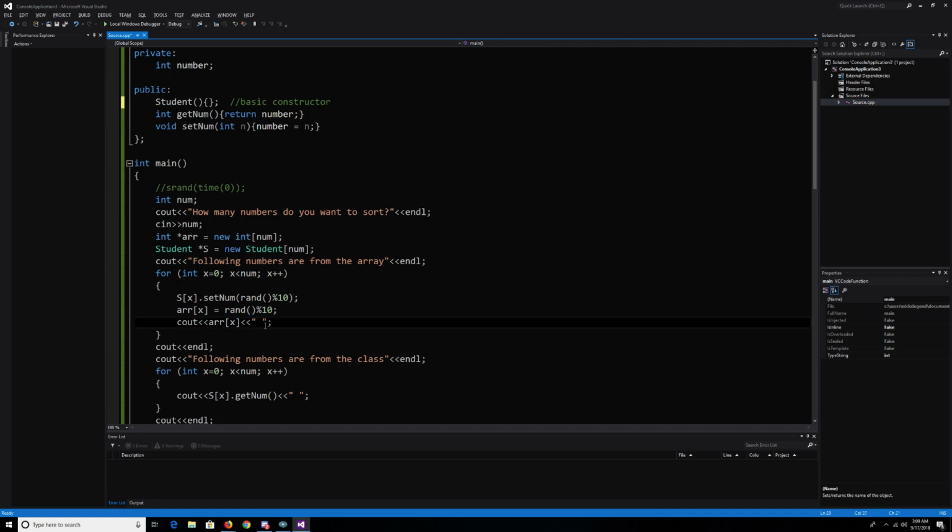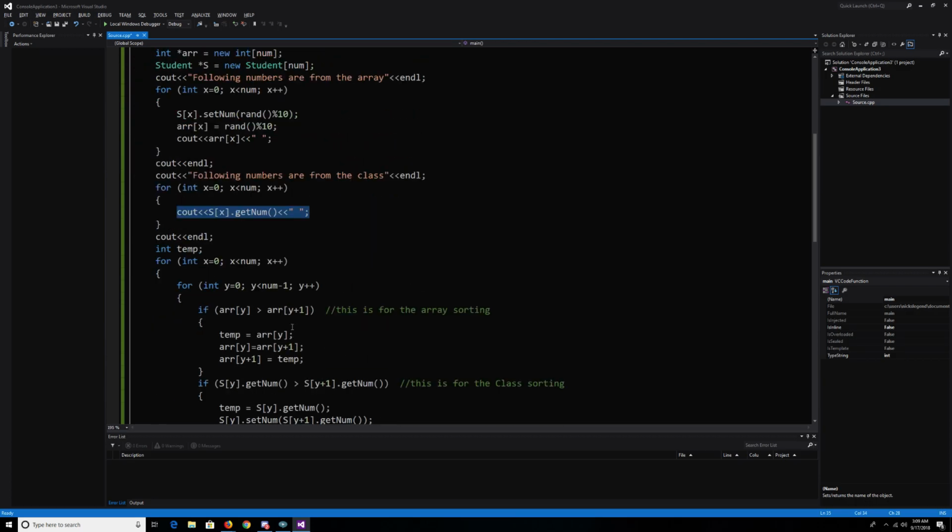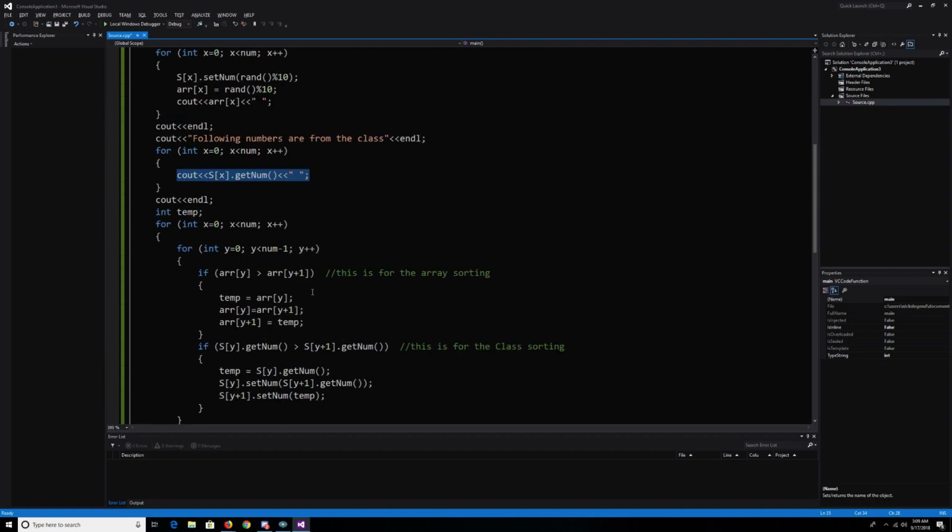Cout array of x, end L, so that I could go to the next line and display the next sentence. The following numbers are from the class. Now I cannot put this here inside this loop because then it would be basically mixing up the numbers, so I had to put this outside. Wow, look at all that. Okay, so I have